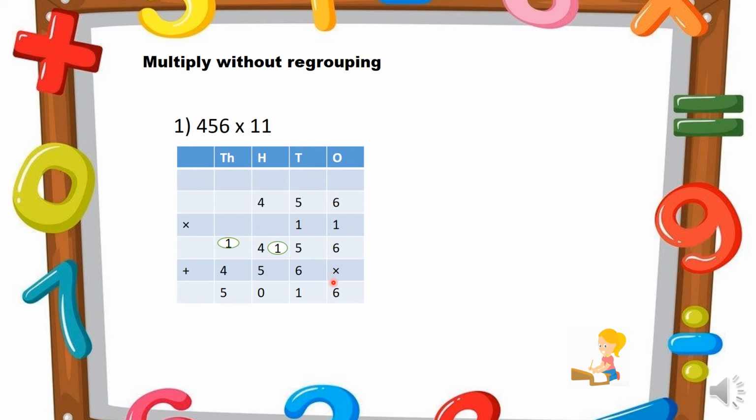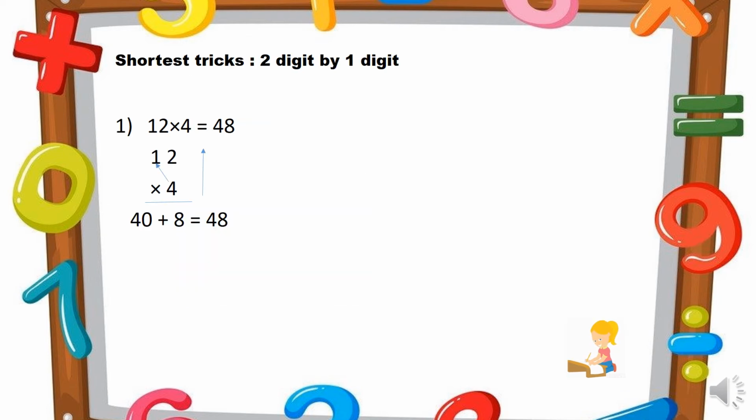6 plus 0 will be 6. 6 plus 5 is 11 and given carry at the 100 place. So 4 plus 1 is 5, 5 plus 5 will be 10. 1 is given as carry at the 1000 place. So 4 plus 1 is 5. So we will get the result 5016. Hope I am clear to you.